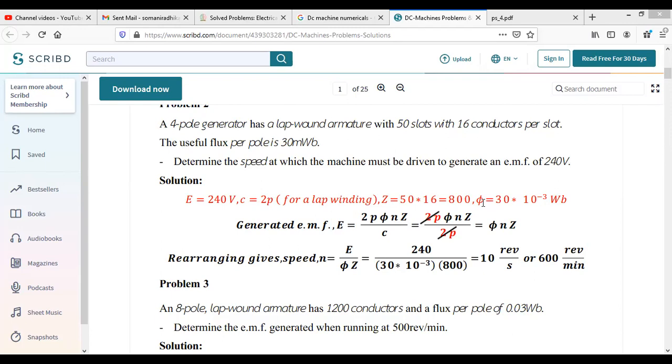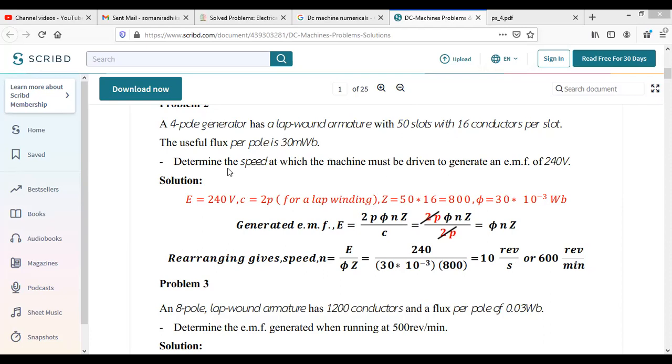Now here they have asked to determine the speed. It means you are supposed to determine capital N or small n. If they have not specified, you can write it in seconds or in rotations per minute. But generally we measure the speed in rotations per minute. When solving the equations for torque, you are supposed to convert that speed into seconds. Otherwise, if they have not specified, there is no need to convert. You can write the answer in rotations per minute or in rotations per second.